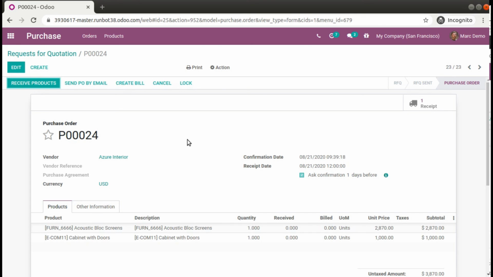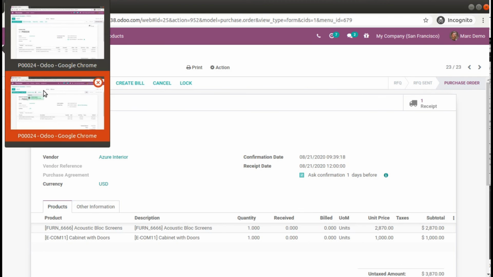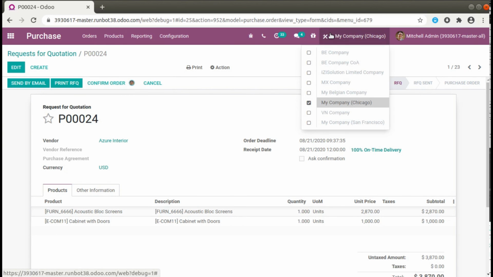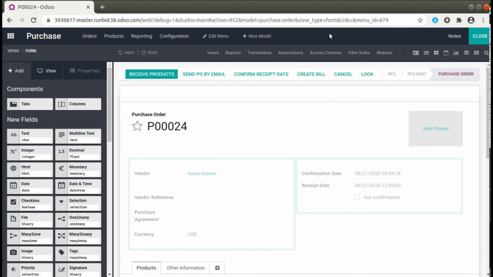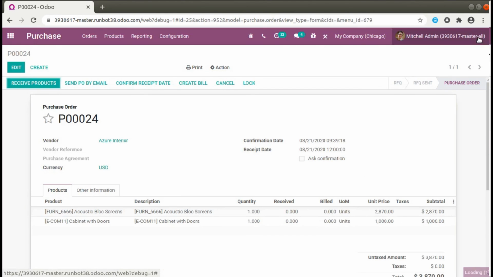Right now we have set one level of approval, and you can set multiple levels of approvals. For example, first you have to get approval from the manager, then from the administrator, then from the inventory manager; you can configure it like that. So it's possible. This is a new feature which has been added in Odoo 14.